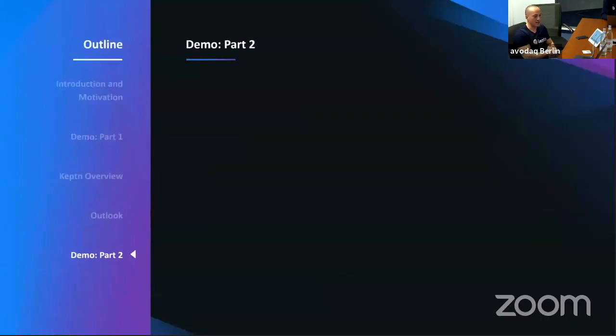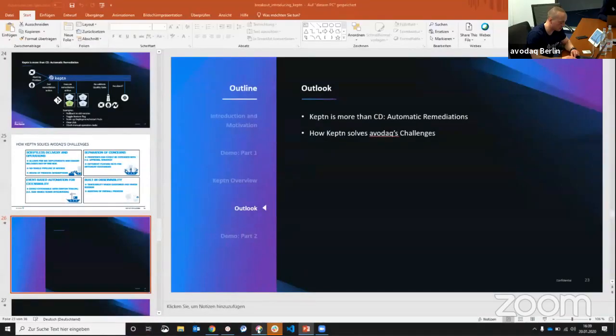What we will see now, we will go back to the demo and see if the deployment went through successfully. And then if it's not the case, we will go to the Q&A session. I can imagine that even if we have no questions from the audience, that Andy Grabner has some questions for us, and then we will see how we move forward from this. Let's check out the environment, and let's check out what kind of messages we did get from Keptn in the background.